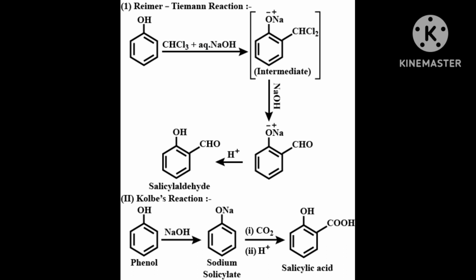CH3OH, methanol, is also known as wood spirit. It was produced by destructive distillation of wood. Today, most of the methanol is produced by catalytic hydrogenation of carbon monoxide at high pressure and high temperature in the presence of ZnO, zinc oxide, and chromium oxide,